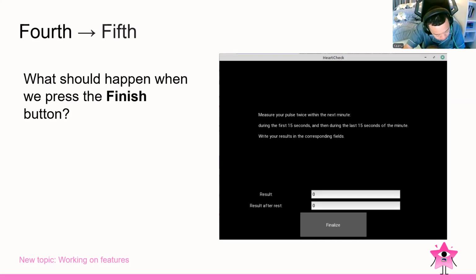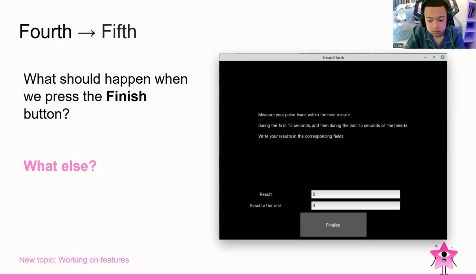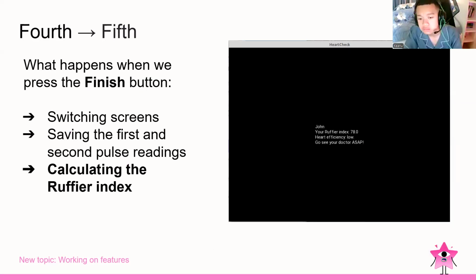It counts the result after the test and the result in all aspects of the Ruffier test. It switches the screens, saves the first and second pulse readings, and calculates the actual result using the Ruffier index formula: 4 multiplied by (P1 plus P2 plus P3) minus 200, divided by 10. That's the formula for counting the Ruffier index.